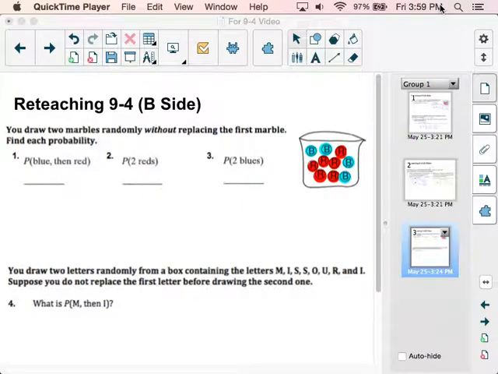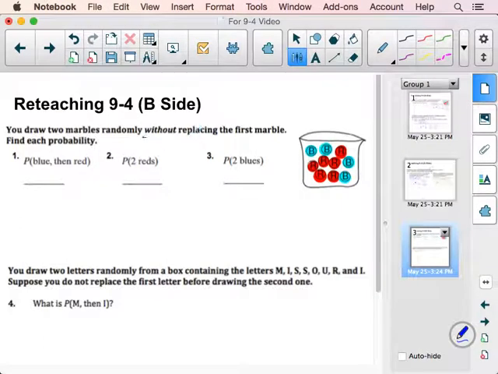Let's look at reteaching 9-4, the B side of your paper. We're going to do questions 3 and 4. You draw 2 marbles randomly without replacing the first marble. Find each probability. So this without replacing means that when you take one out and don't put it back, you've